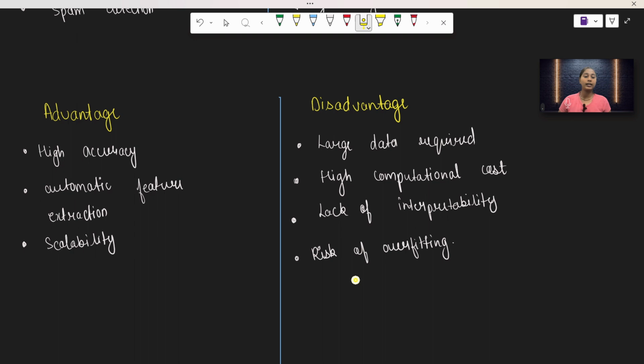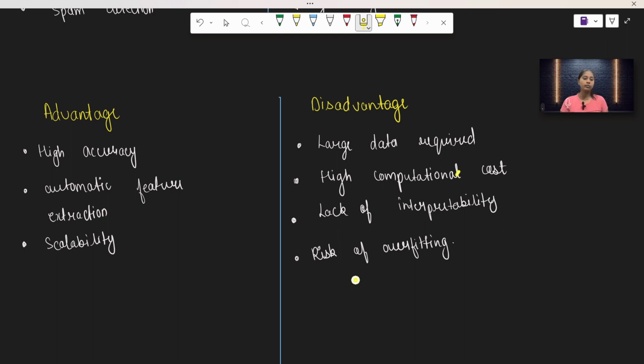Second, it automatically extracts the features. We just have to put our data in. We can see we have the input layer. I just put my data in, then in the hidden layer, it will automatically find which feature needs more weight and which feature needs less weight. It automatically identifies the importance of features, right? Then talking about scalability, it is a very good model. So overall the performance of a deep learning model is very good and very accurate, but there are some